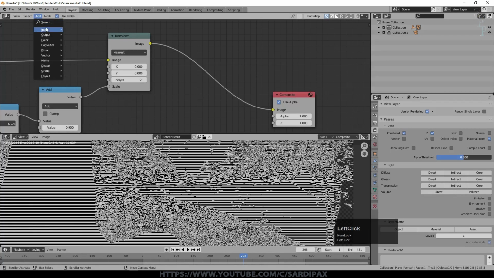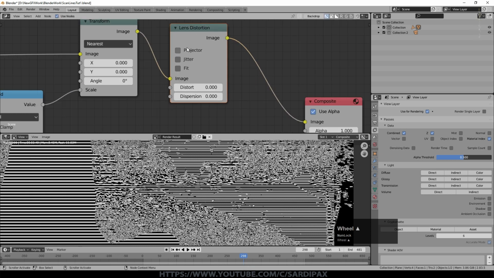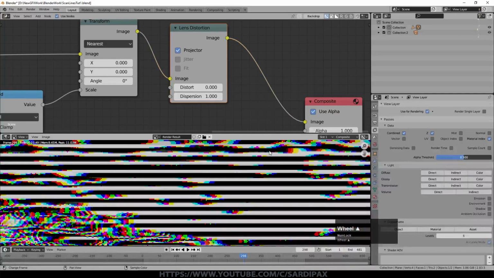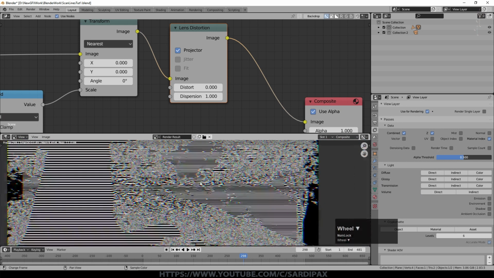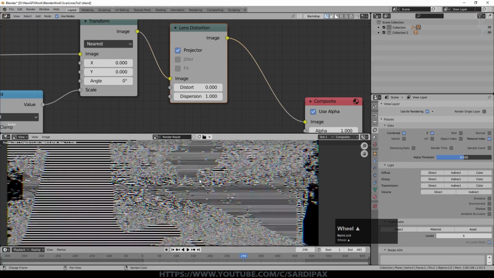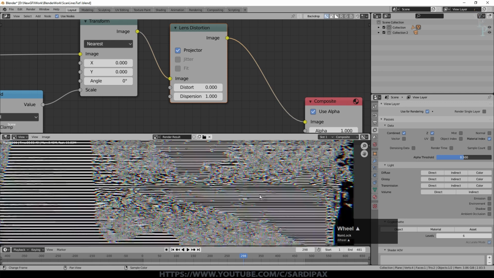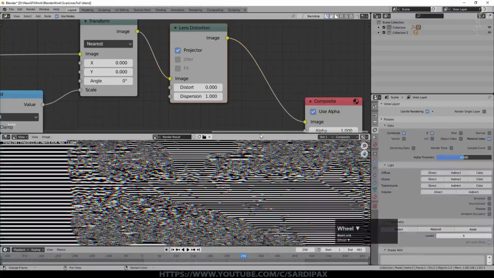To make it a little bit more interesting, I thought it'd be nice to add some color in. So I then added, under distort, a lens distort node and just put that there. Set it to projector, and I set the dispersion to 1, which is very high. So you can now see, if I zoom in, there's actually some color in there. I would never normally use this much lens distort. In fact, I normally don't use it at all. I think it's a bit of an overused effect. But it's had a few other effects as well. We've no longer got the transparent areas, they've gone black. But it was really just to add some additional effect to it.